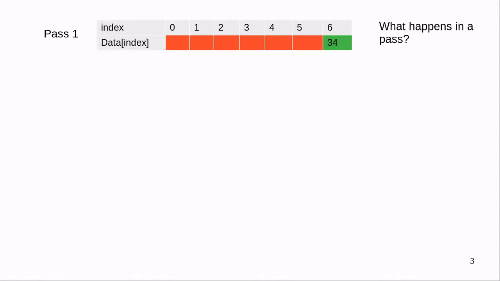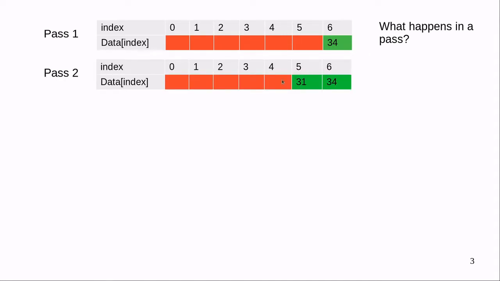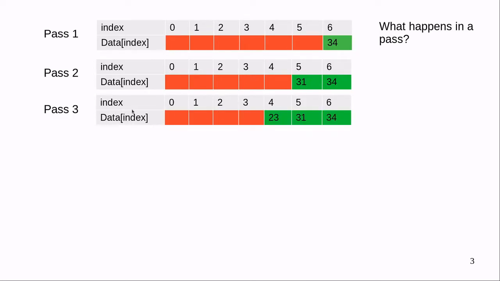So what happens in a pass? In the first pass, with this particular data, we move the largest element to the last position. In the second pass we move the second largest element to the second position from the end, and in the third pass the third largest element to the third position from the end.